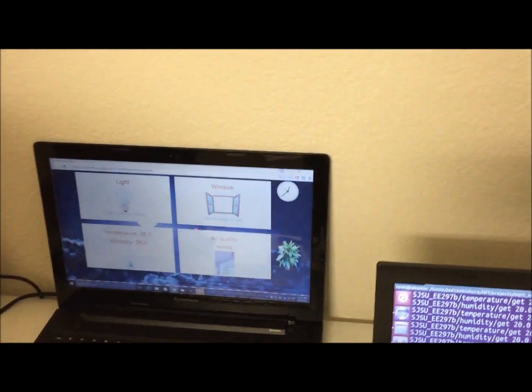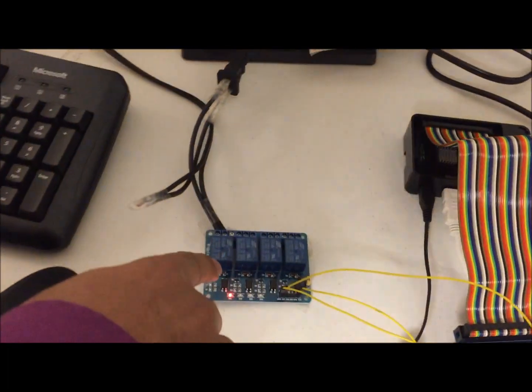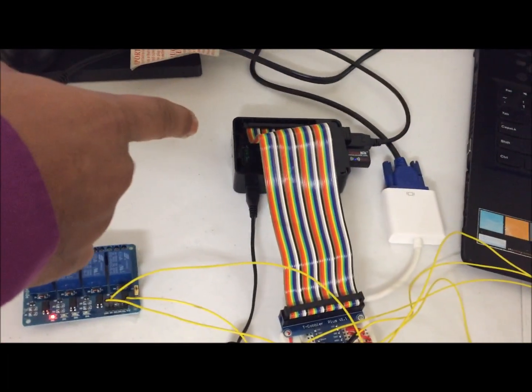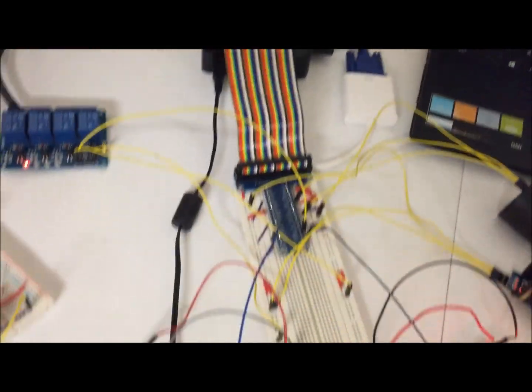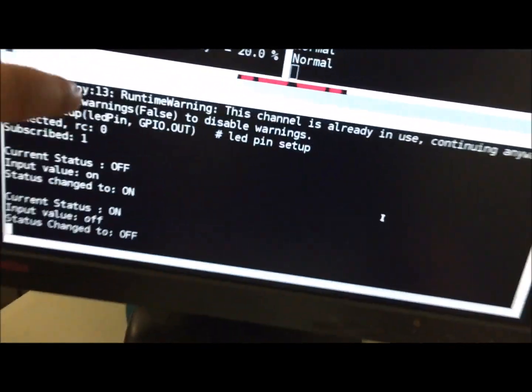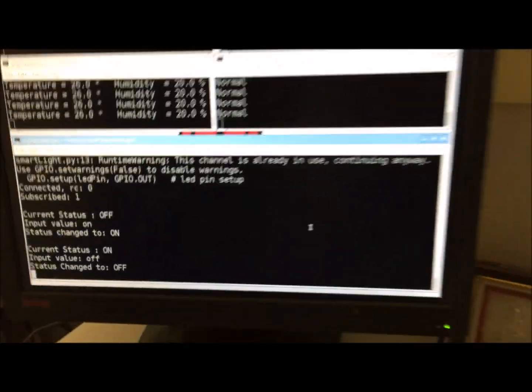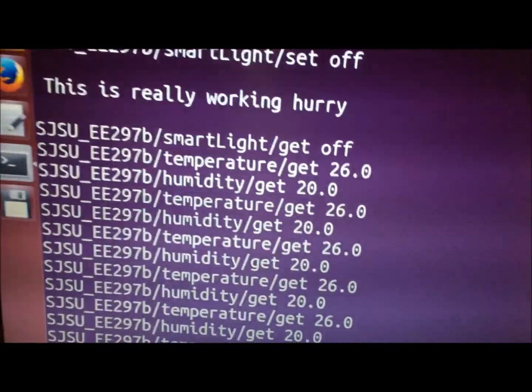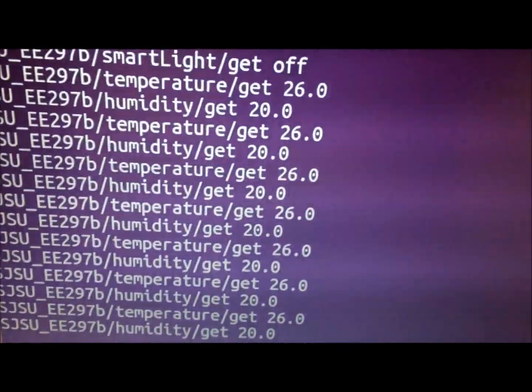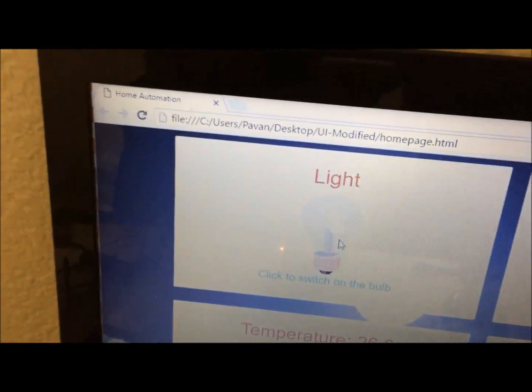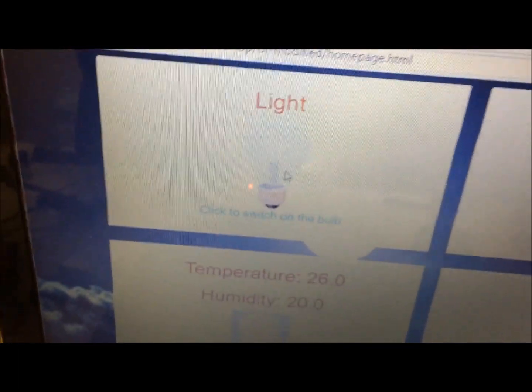Smart light systems contain a lamp which is controlled by a relay, which is then controlled by a Raspberry Pi. The Raspberry Pi runs a lamp server, that is a smart light server, and the server sends messages to the interoperable server, and the interoperable server sends to the control, where the user can control the machines and their operation.